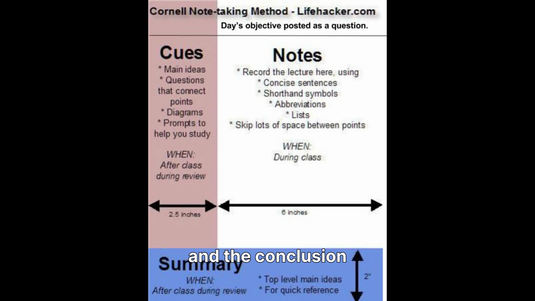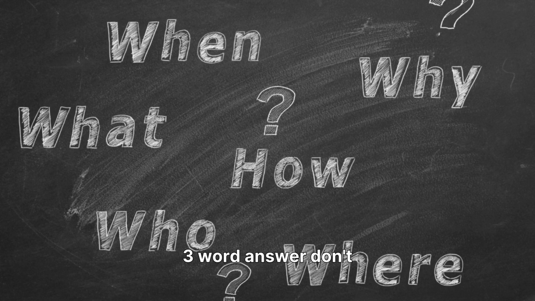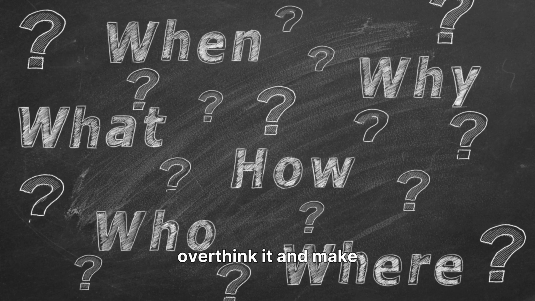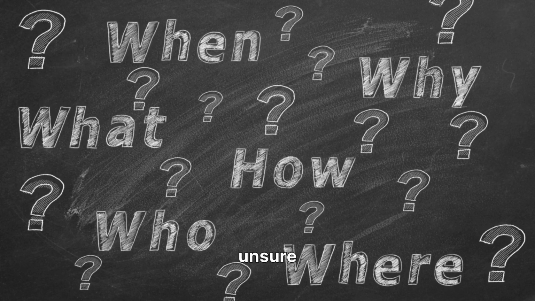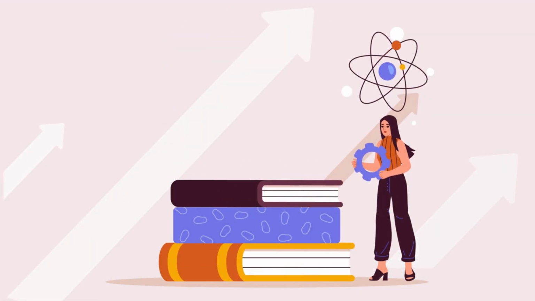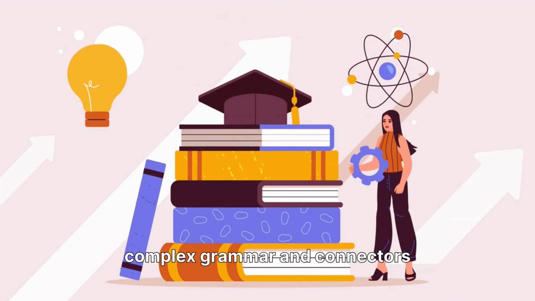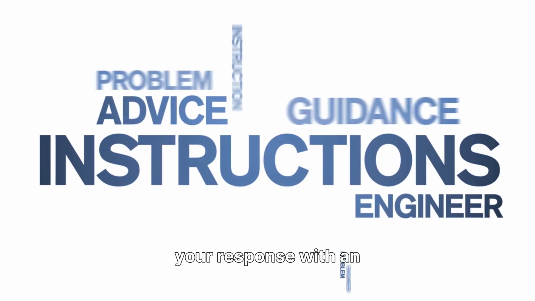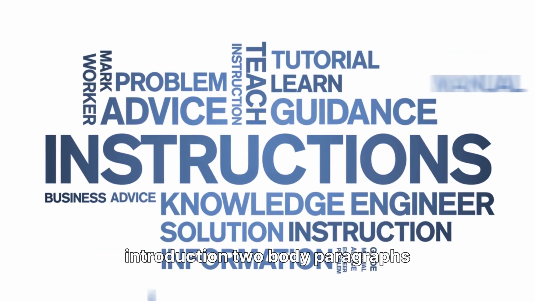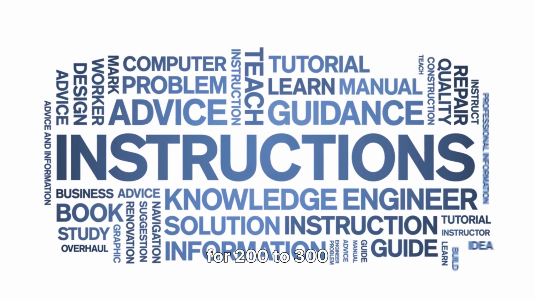and the conclusion. Answer short question requires a brief, 1 to 3 word answer. Don't overthink it, and make an educated guess if unsure. Summarize written text into a single sentence, 5 to 75 words, including all main points with complex grammar and connectors. For essay writing, structure your response with an introduction, 2 body paragraphs, and a conclusion, aiming for 200 to 300